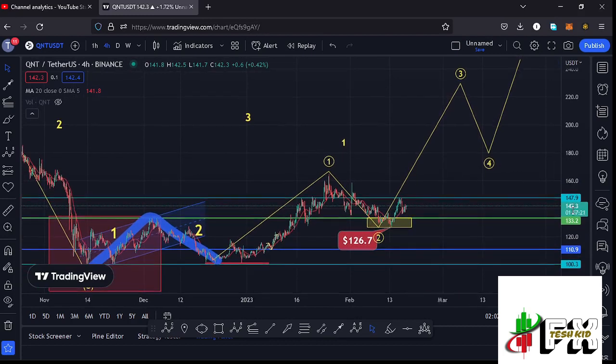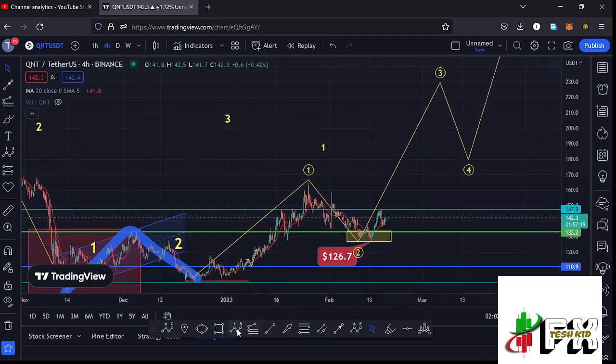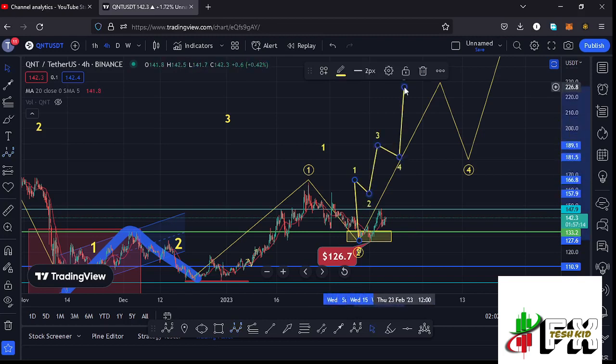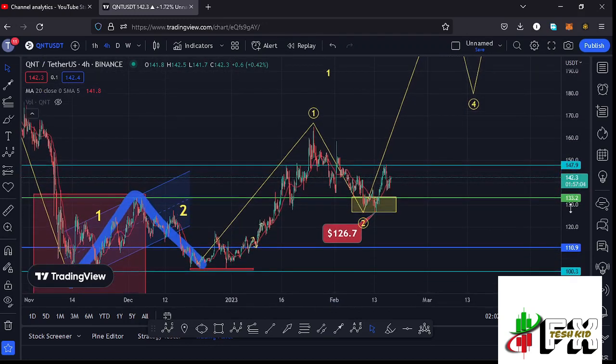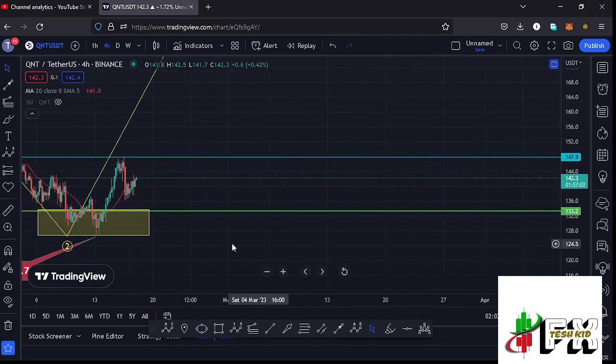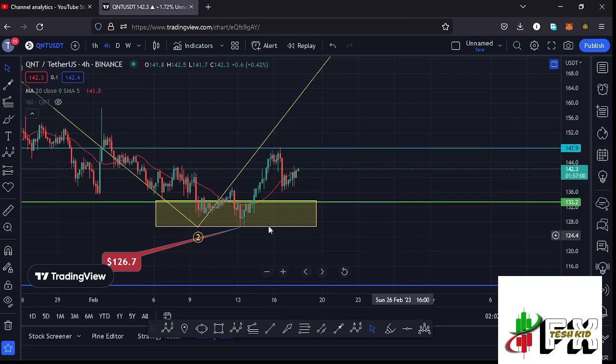And in the formation of that wave 3, which is an impulsive wave, we also expect to see a 5-wave structure in formation, having the wave 5 fully maximizing our target areas to the upside in the formation of this wave 3. And I believe we are seeing such a scenario over here, where if I zoom in so that I can have that fractal wave within the formation of that wave 3,